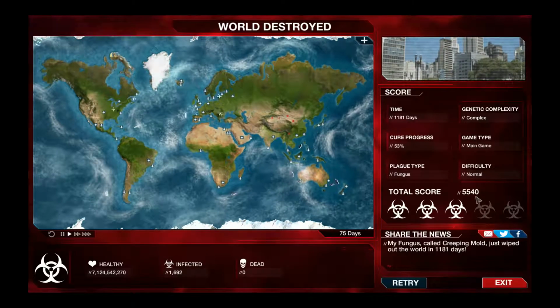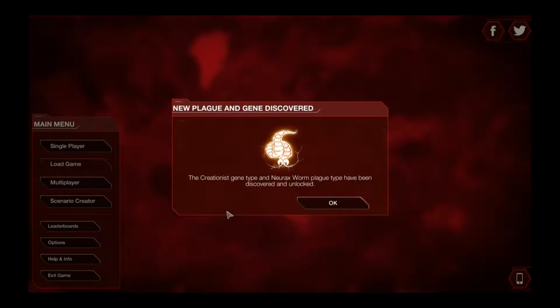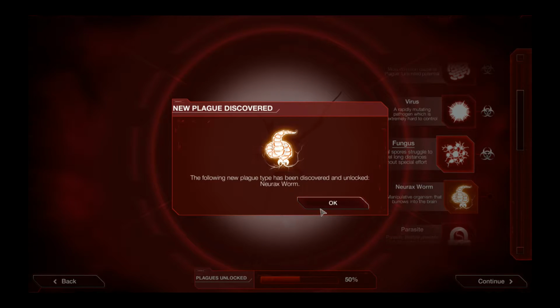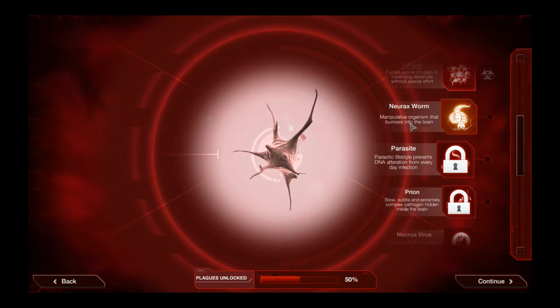So that's it for the fungus. Let's see what we have unlocked. The creationist gene type and the Murex worm plague. That sounds nasty. The Murex worm. That sounds